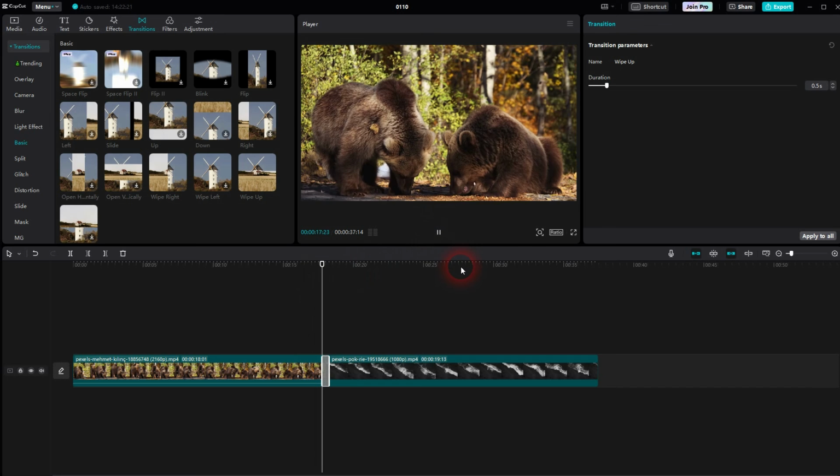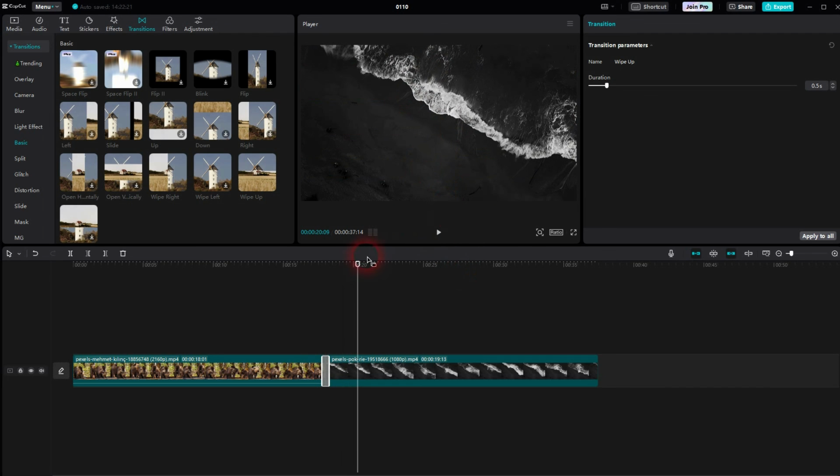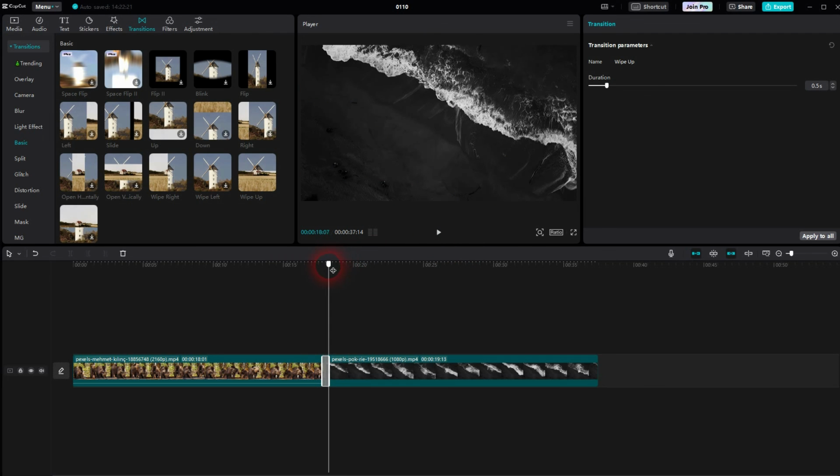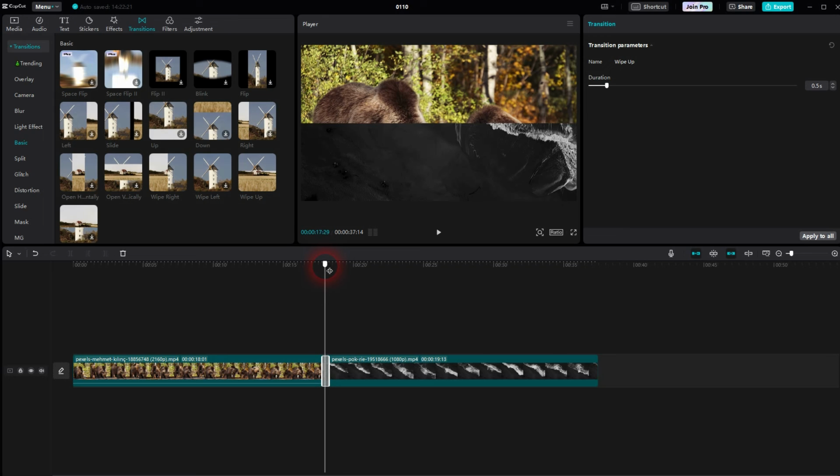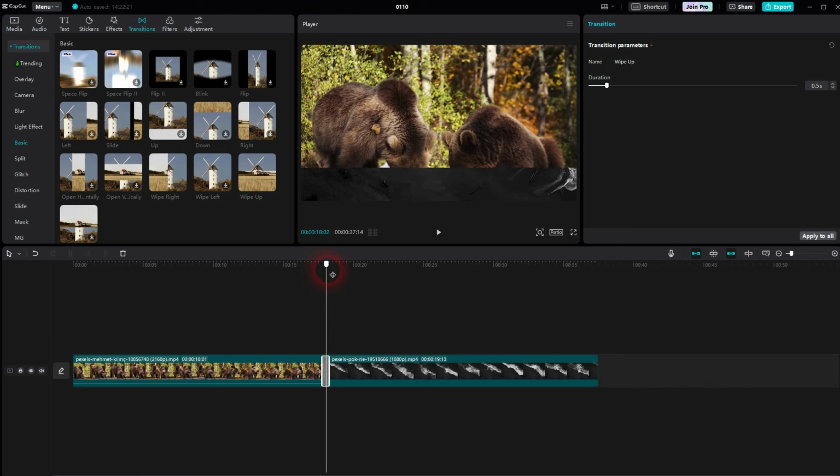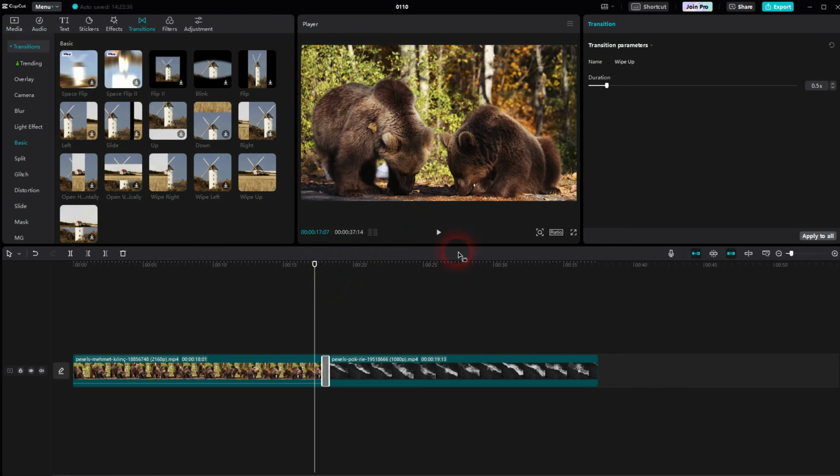Let me try it again. There you go, this one works. And again, I could adjust the duration here, but you can see it goes up and the second one is revealed. And this is how you can add